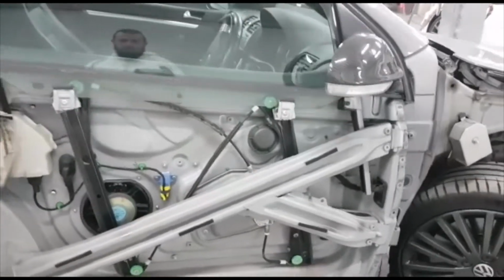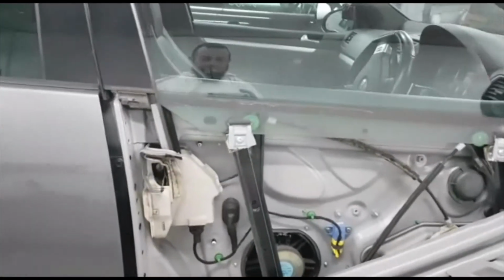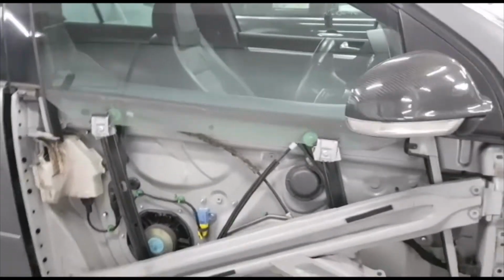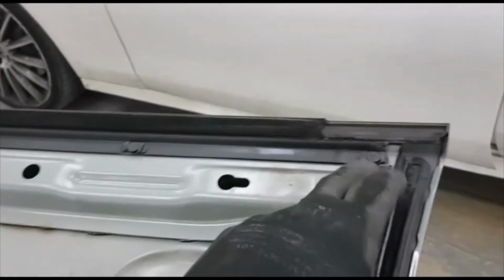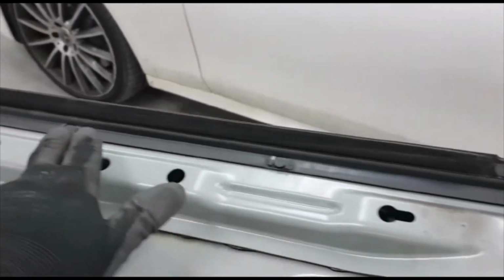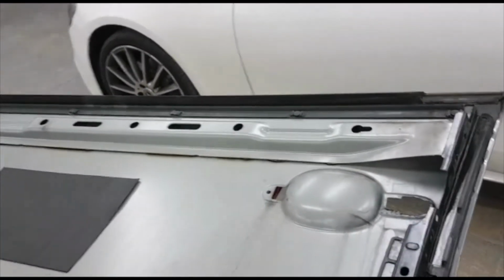As you can see on this side, the skin has been taken off. When we take the skin off, you will see these clips here. You've got 5 or 6 of them. Once you take the clips off, the trim will be